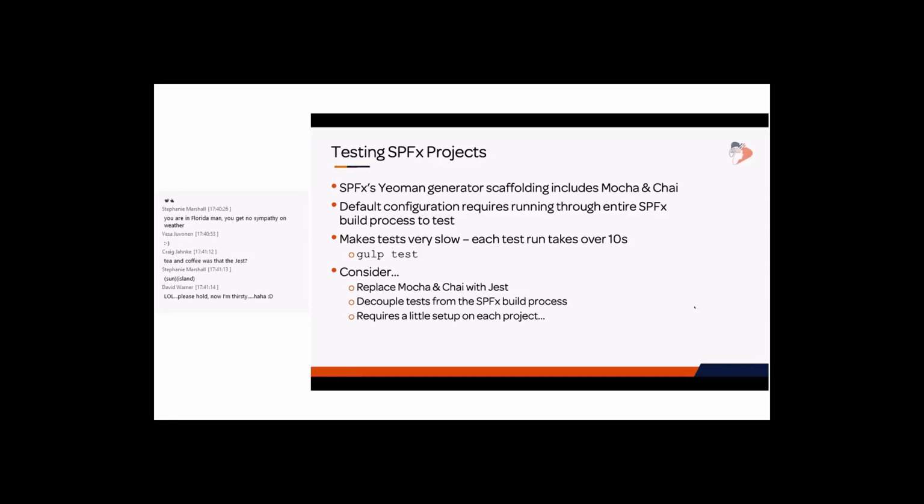Now, one of the ways that they're all set up to do all of their testing is that whenever you go run your tests, you end up running a gulp task called gulp test. And what that does is it goes through the entire building and bundling process to build up the bundle, and then it runs your tests against the bundle that you create, which is great, but